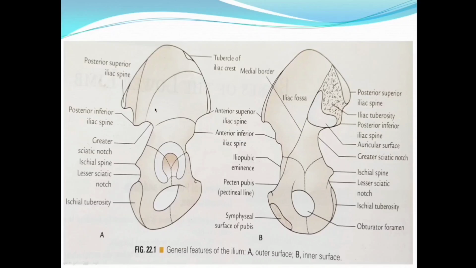It consists of 2 ends, an upper end and a lower end. The upper end is represented by a curved line. This curved line is called the iliac crest. It is divided into a larger ventral segment and a smaller dorsal segment. The larger ventral segment takes the anterior 2/3 part and the smaller dorsal segment takes the posterior 1/3 part.